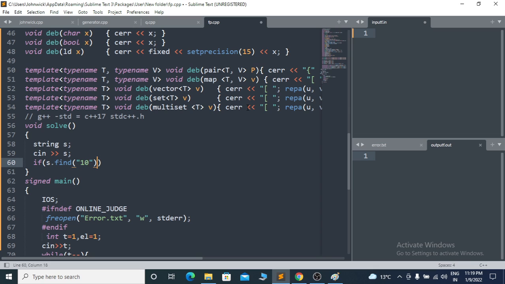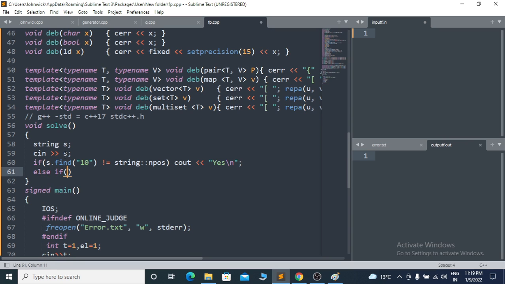So if this find does not return false, what I have written here means I have to find 1 0 in this string as a substring. Not equal to string npos means that I have found 1 0. If this is the case, then simply print yes.